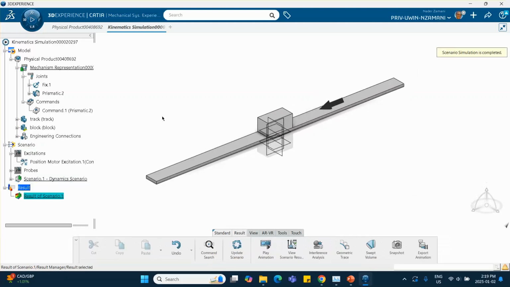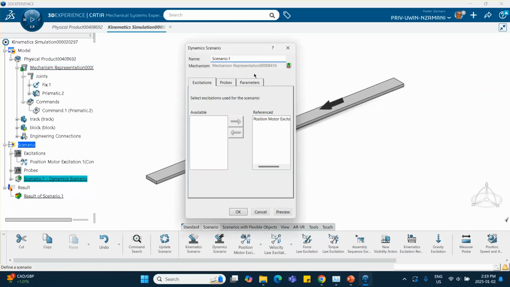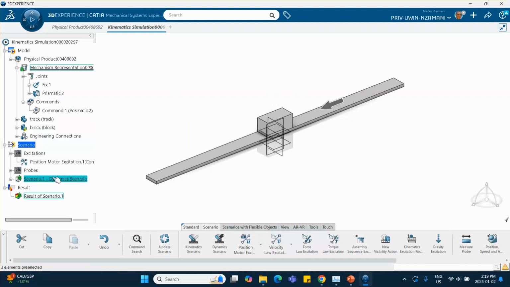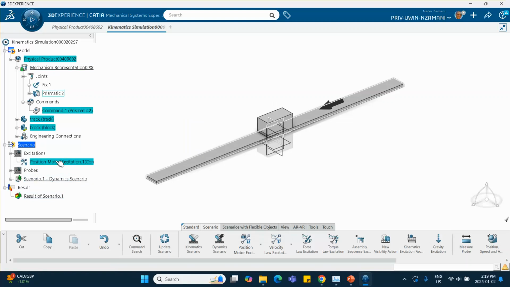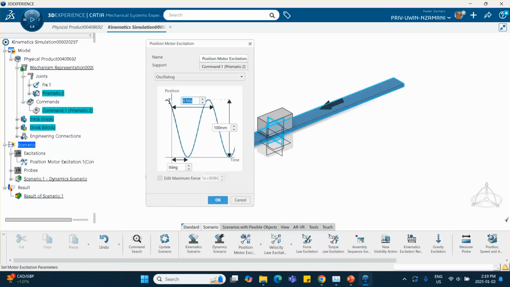Okay. Just to make it look better, let me do the following. Let me go here. We have two things we can do. We can increase the frequency, or we can increase the time. Let me go and increase the frequency. So I go here and make it maybe